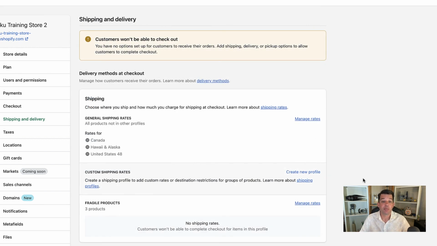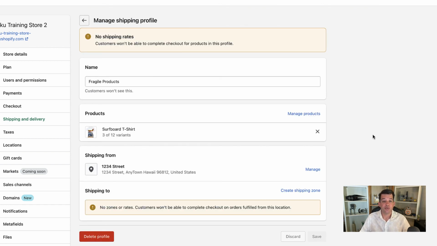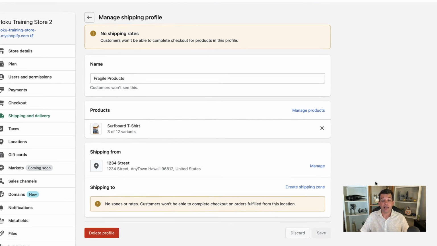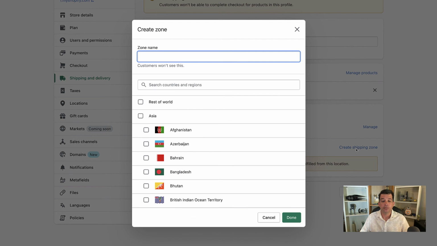That's going to take us back to the main menu, and you'll see here we have a fragile product section in here. Now we can go back into Manage Rates, just like we did with the other items, and we can create special rates and special handling fees for these particular products. So let's go ahead and create again a shipping zone.